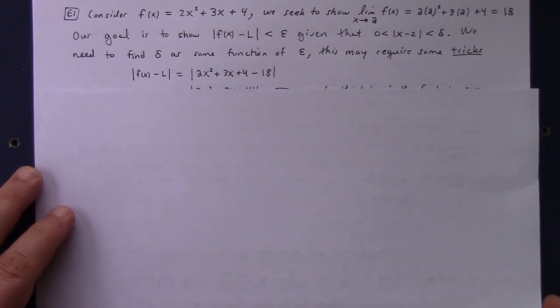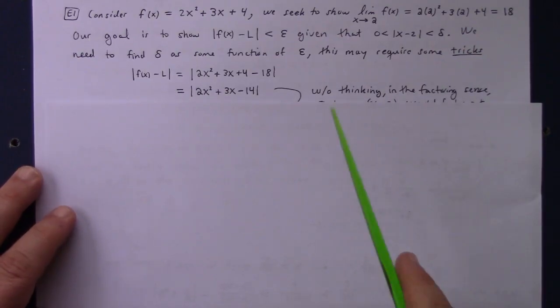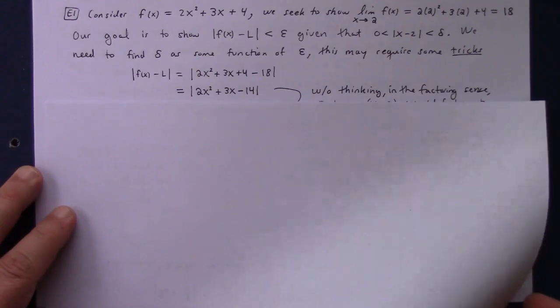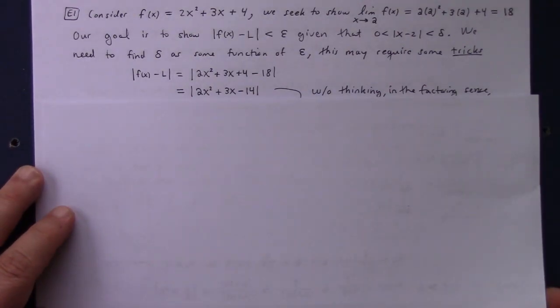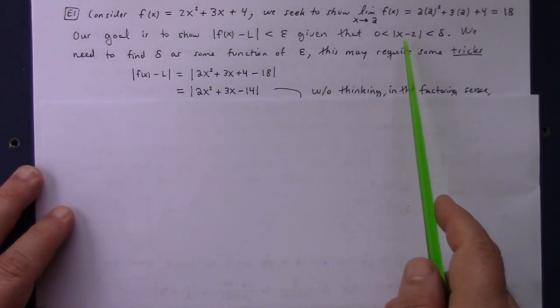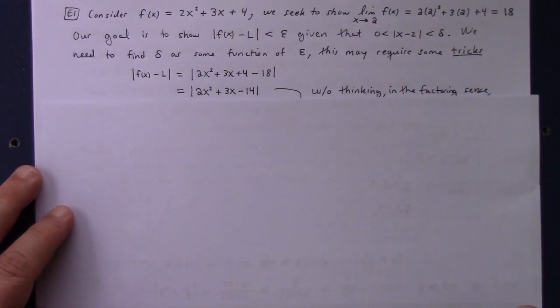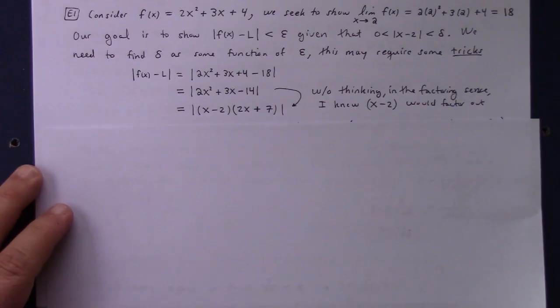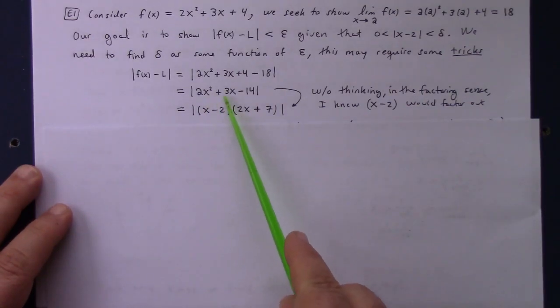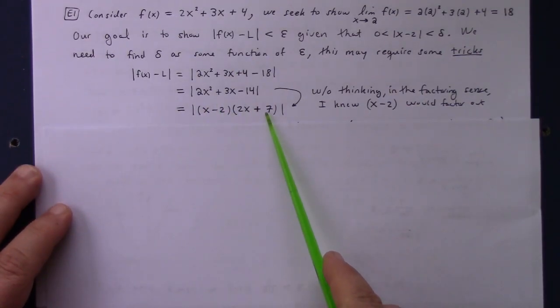So we're going to look at f of x minus L is equal to that, which simplifies to this. And I know, before I even get to the next step, that because I'm looking at a limit at 2, there's going to be an x minus 2 that factors out of this. It's just how it goes. So indeed, this factors to x minus 2 times 2x plus 7. All right. Now,